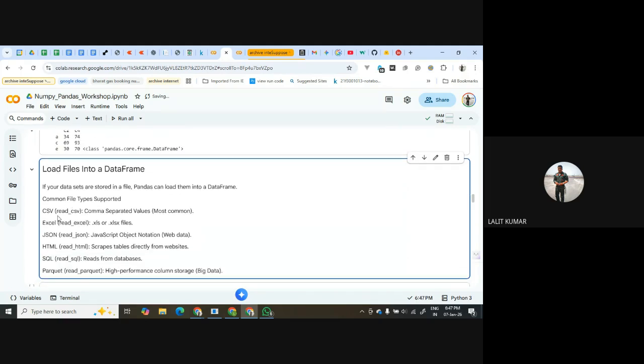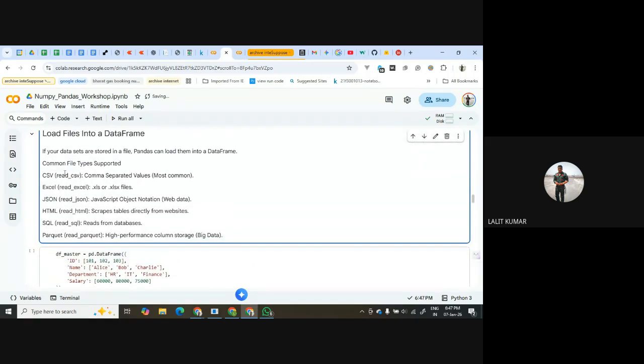We can also have the data in Excel format. We can also have data in JSON format, which is JavaScript Object Notation. Basically, it is web data. We also can have data in HTML. So what we can do, we can scrape tables which are available on the website directly using Pandas.